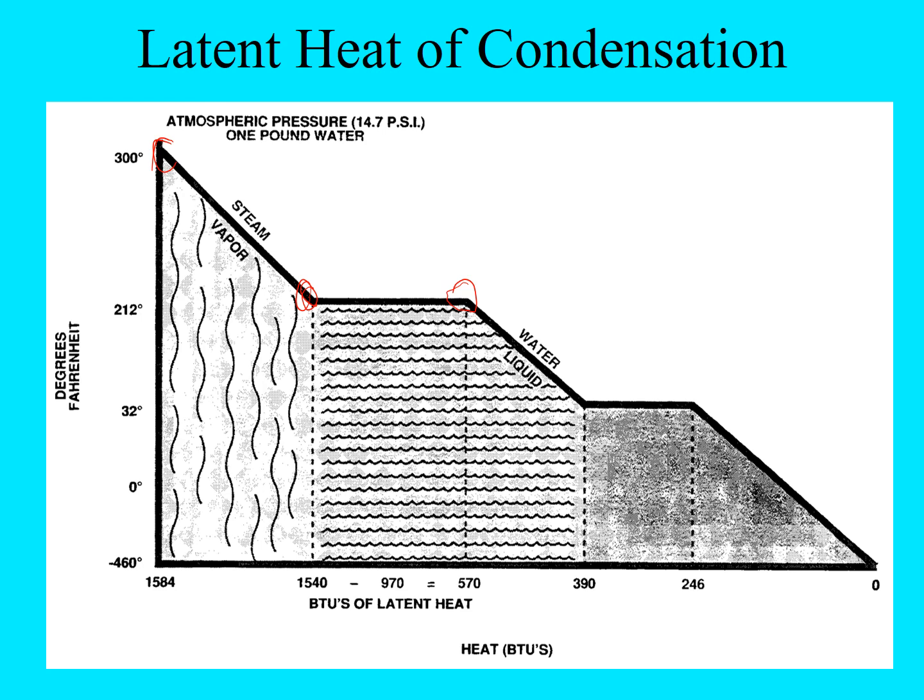At that point, we will have all liquid, okay? And if we cool it a little more, we're going to start seeing a sensible heat change. In other words, temperature is dropping. And once we get below 212 degrees, with 970 BTUs taken out of the steam, we will be all at